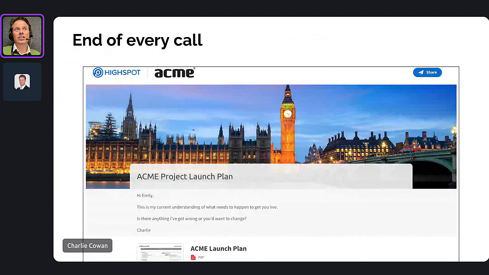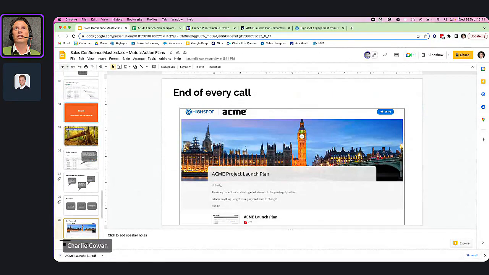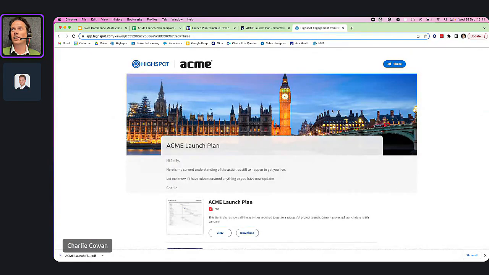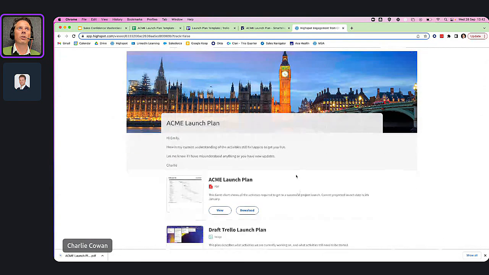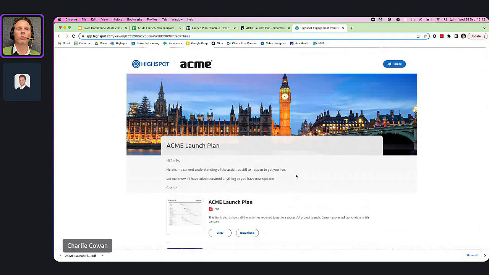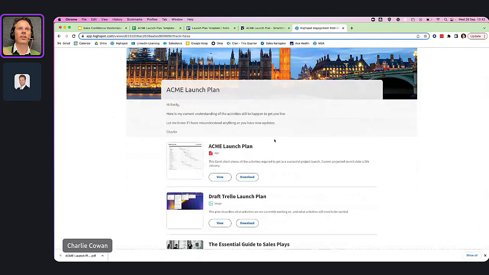So either just send it to them on email after the call, which can be quite an easy thing. Download the launch plan from Smartsheets or Trello or Excel and send it to them. Or if you use a sales enablement platform like here at HighSpot, what I do is actually just share it with people through a portal. And so here, here's my current understanding of the activities.